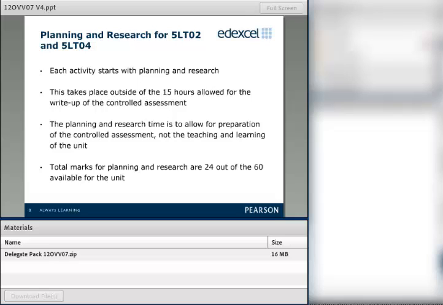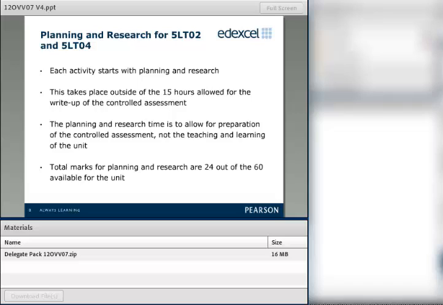What we're looking for from a plan is that they look at what they've got to do. They look at the time scale they've got to do it in, because whenever you give them the activity, we would like to think that you would also give them the dates when they're likely to have the write-up as well, so that they have a clear indication of how long they've got to break down, research, and plan the work, put it in their folders, and structure the folder so that it makes sense to them, so they know where all the work is for the actual write-up time.